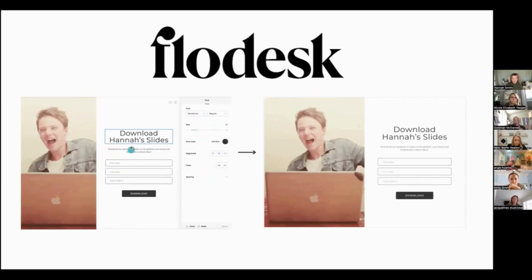And you type in all you want. You just click on each piece. I always ask for first name, last name, and email address. And this is what the form will look like. It's very basic. It's not some giant website you have to create or a squeeze page or whatever. This is its own thing. So that's the form. Cool?